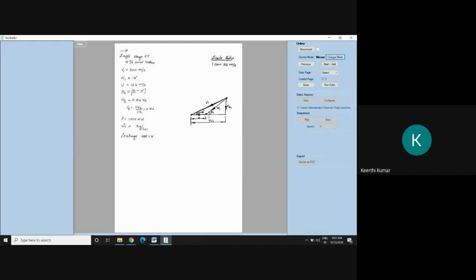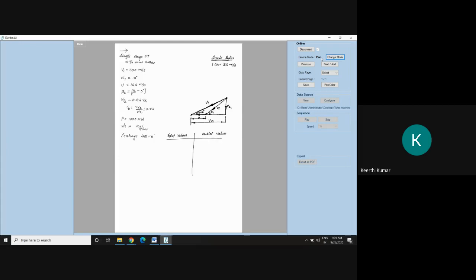Beta 1 you calculate manually. Means graphically you have drawn, no? You tell me the value of beta 1. To tell that, I told you to go for the values in that triangle. Inlet values. All of you try to draw to the actual scale. Outlet values. This is called inlet values, outlet values. I'll put a table.